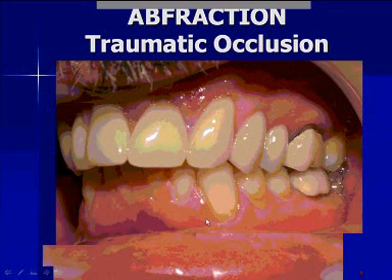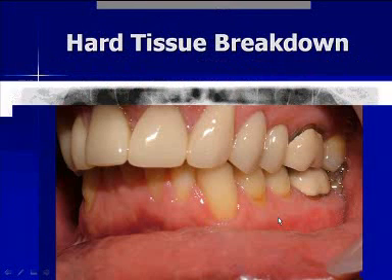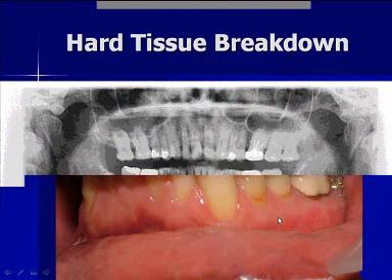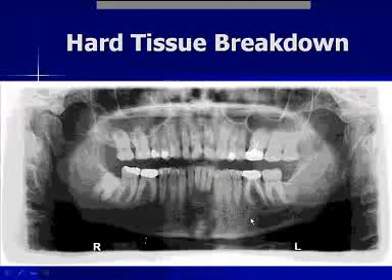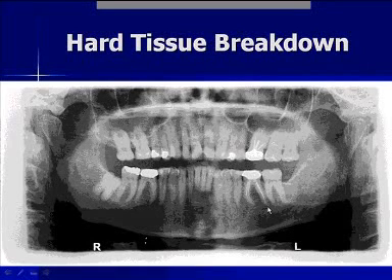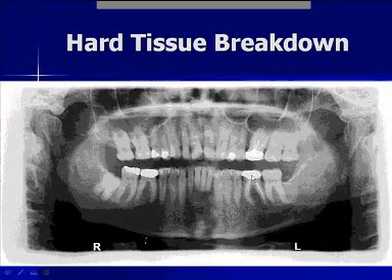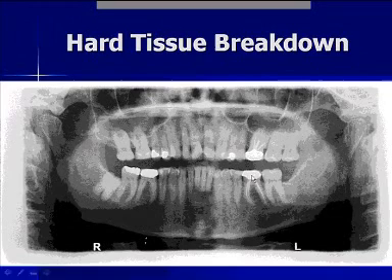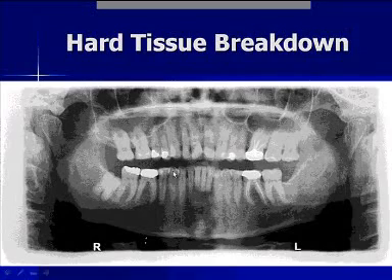Recession, abfraction. I'm not saying that these are all caused by traumatic occlusion, but we won't know that unless we can actually measure. And I'm finding that on the patients that we take a T-scan on, if we compare it to their radiographs, that often they have heavy contacts in the areas where they have heavily restored teeth or missing teeth or broken down teeth. In this case, here's a case where the patient has endo on the left side, and the T-scan will clearly show that